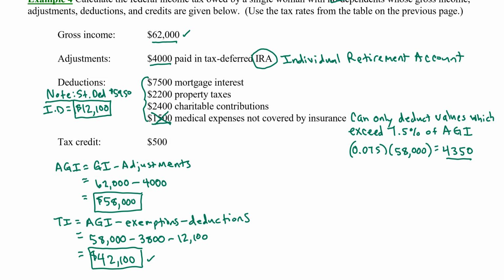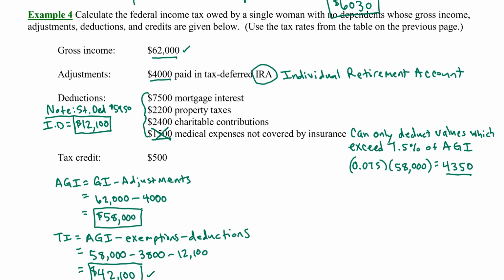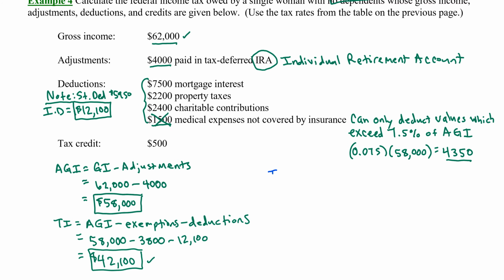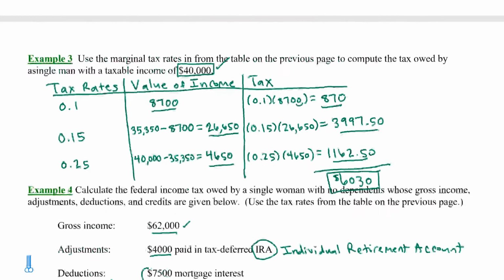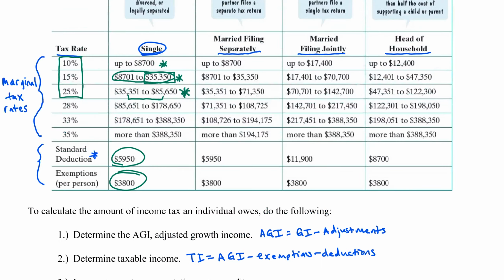Now we're ready to calculate the amount of income tax that she's going to owe. To keep it all organized, again, I'm going to make a little table. Let's look at the tax rates that will apply to her. Let's look at the value of her income in that particular tax bracket. And let's determine the tax she owes on that chunk of her income. Now, looking at the table, remember the first